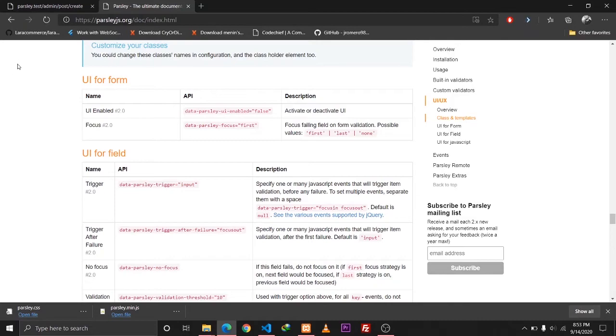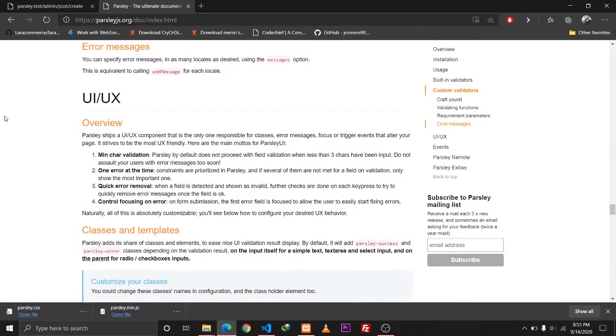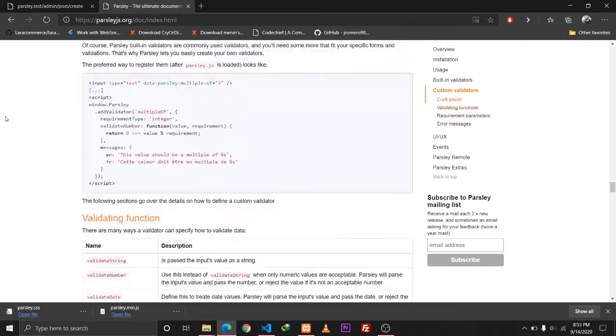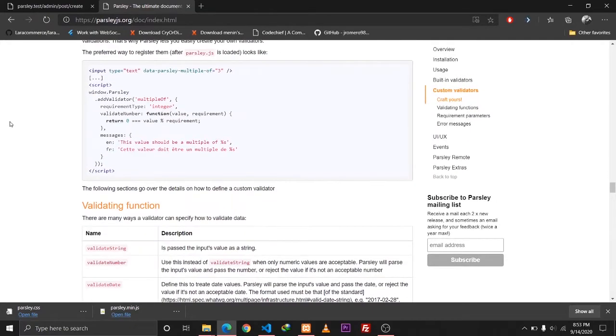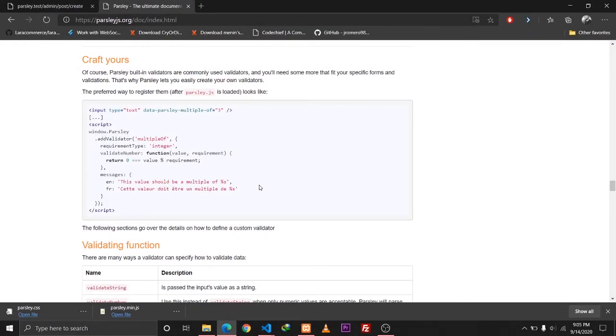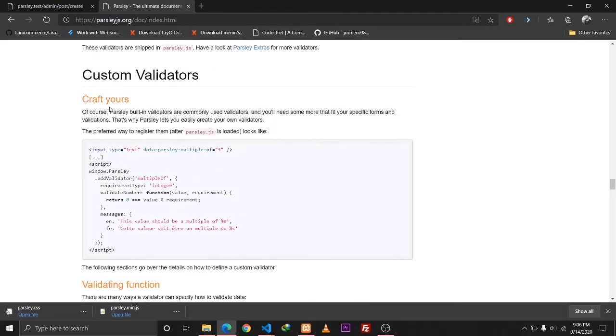So we can also apply such kind of multiple validations on a single input field, and we'll also discuss that in this tutorial. So let's start how we can implement that. The way that we can define multiple validations for a single input field is by creating our own custom validator. As you can see in the documentation here, it has given a simple example where